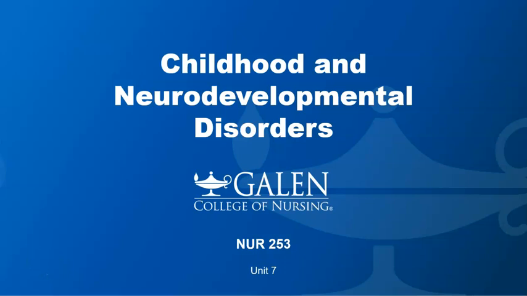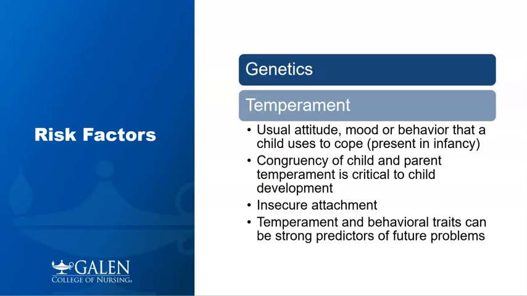Hello everyone, this is Julie and I'm back again with Unit 7, Childhood and Neurodevelopmental Disorders. I'm also, in this lecture, going to make it one video, it shouldn't be too long, and touch on impulse control disorders. They are both our content from Unit 7. I will have suicide separately because it is switching units in different quarters.